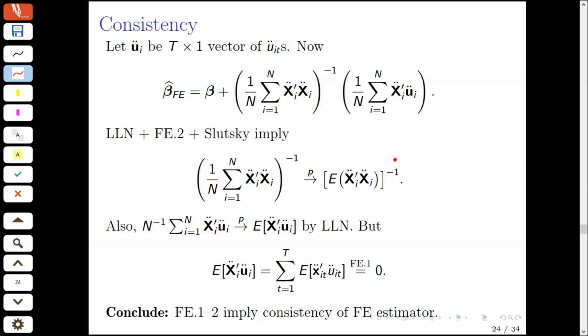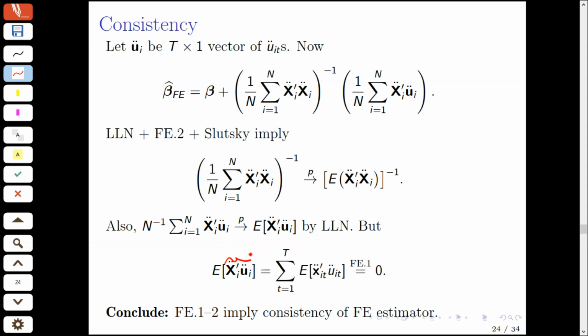Also, invoking the law of large numbers, we can show that the second part here, the second average, converges to its expectation, which in this case is the expectation of the within transformed regressors times the within transformed unobservables. Now, if we flesh out